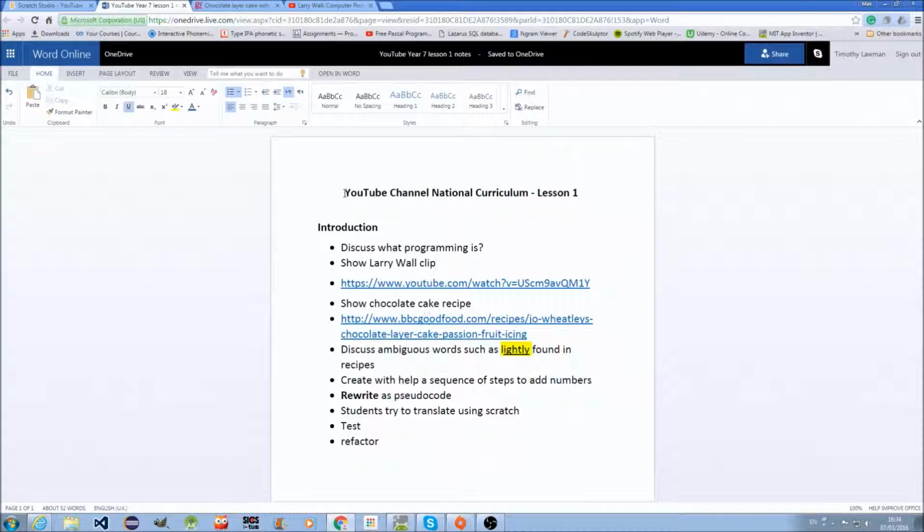So the first thing I do is discuss what programming is with the class, get their general view from general knowledge to stimulate the lesson. I then